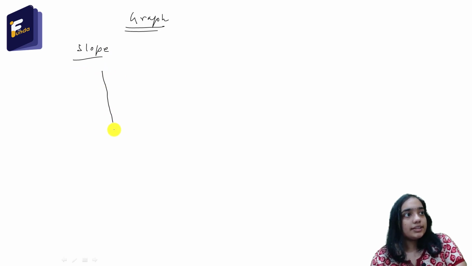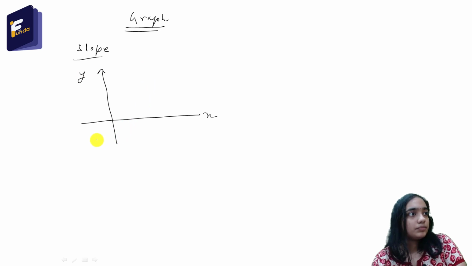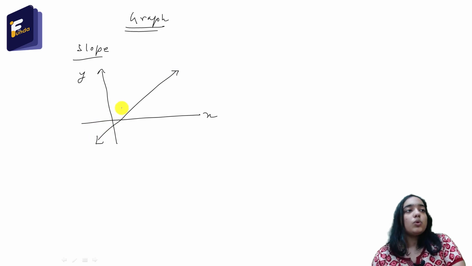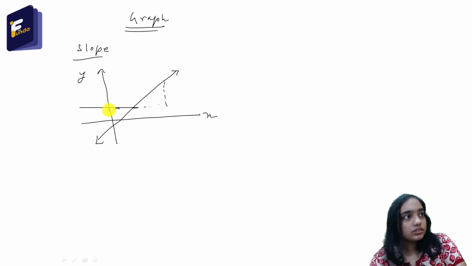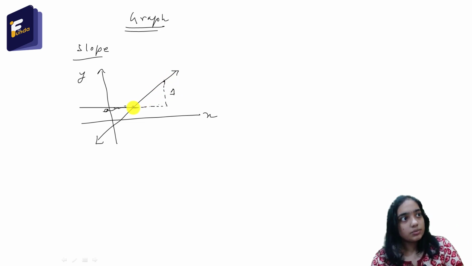So this is the coordinate, this is the x-axis and this is the y-axis, and I am drawing a line. Say this one. Okay, this is the line. So what is the slope of this line? The slope of this line means, so if I take, this is the dotted line. So this is the change in y. Okay, so from this point I am going to this point on this line. Okay, this is the point, and from here I am going to this point.